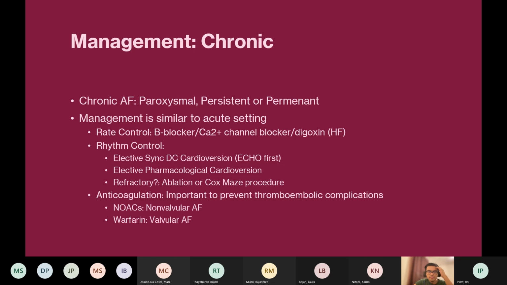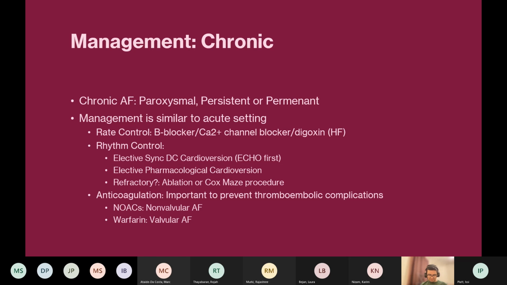But good. So your rhythm control, like I said, is elective synchronous DC cardioversion. You always echo first in case there's a thrombus. Then elective pharmacological cardioversion, and then refractory. That's when we get the surgeons involved, where we ablate either around the pulmonary arteries or